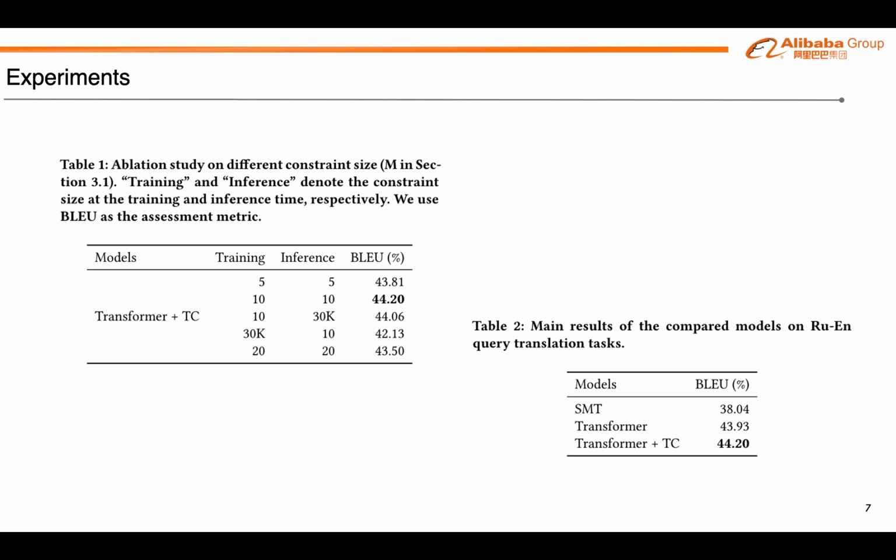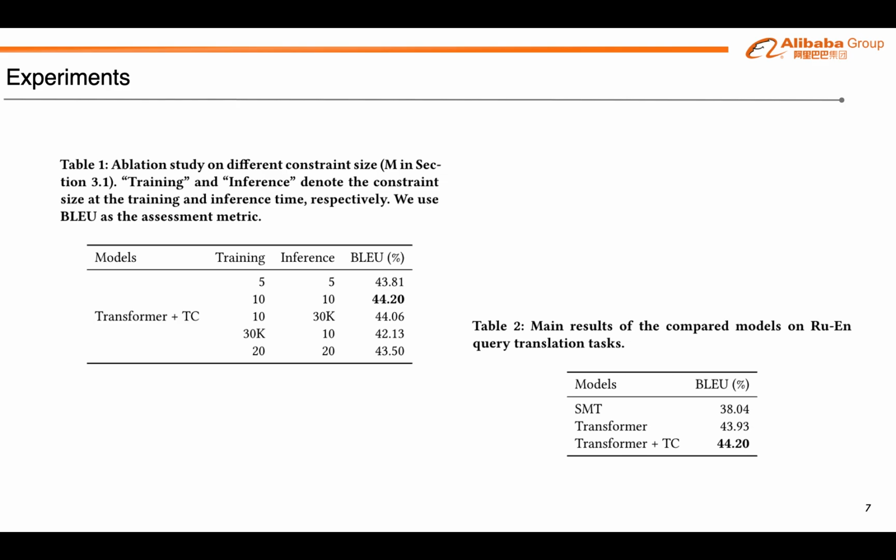a decline of translation quality. In Table 2, our neural machine translation baseline significantly outperforms the SMT model on this kind of phrase-level text translation task, which makes the evaluation convincing.